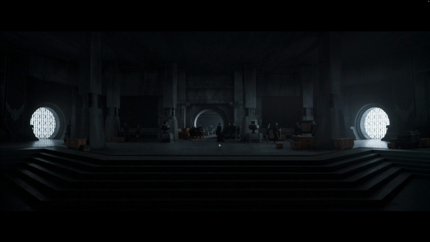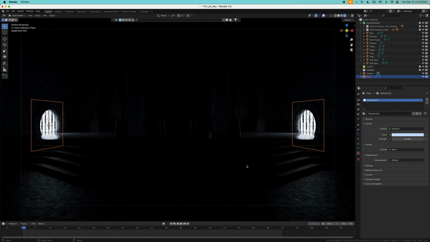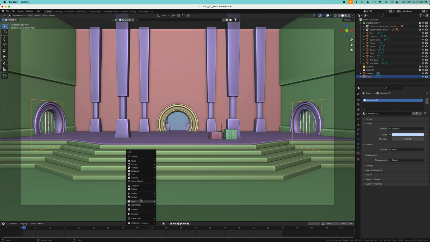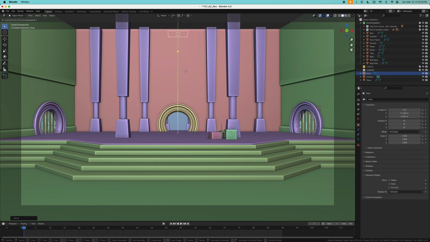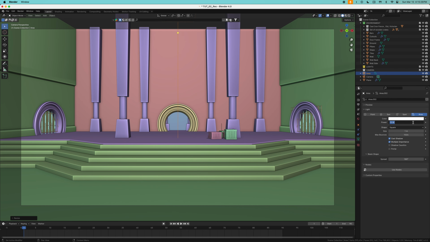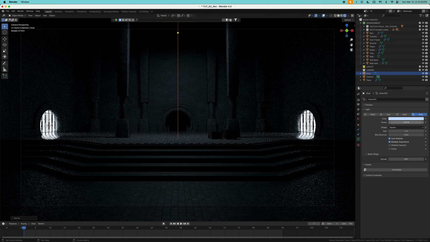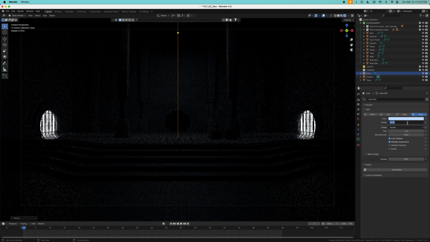We're going to need some lighting that is being cast from this portion. As you can see we have some reflections on the ground. We're going to replicate that with an area light, so hit Shift A and select light, area, and up, move it back with G and Y. Let's scale it a bit with S, and for the strength we're going to use 100 and set the same color that we used before. Let's see how that one looks. For my taste it's a bit too bright, so let's put 40 in it or even 30,